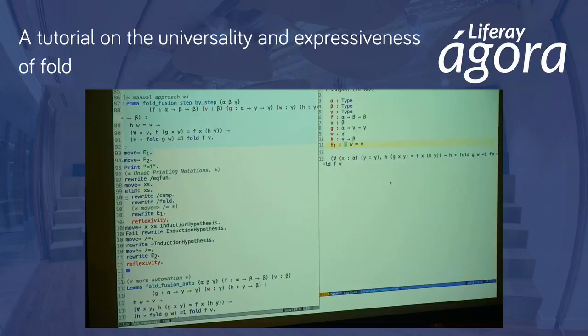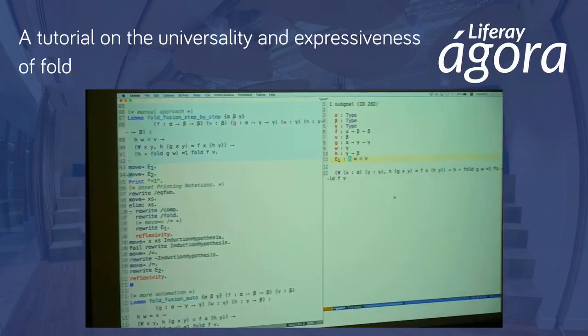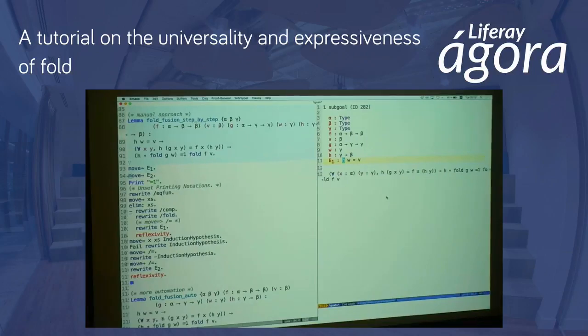So you know that h of w is v. It's the same thing as you can see in mathematical text: let's assume that. So the stuff in the context is what you have assumed or proved otherwise. So we have assumed that the first condition holds, and that the second condition holds. Now we are left with proving this